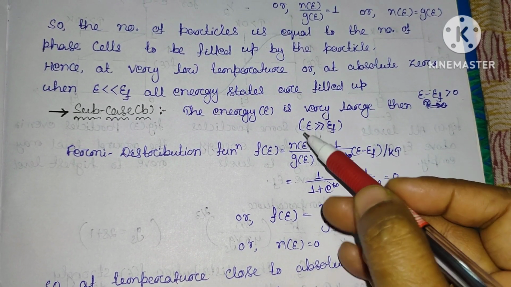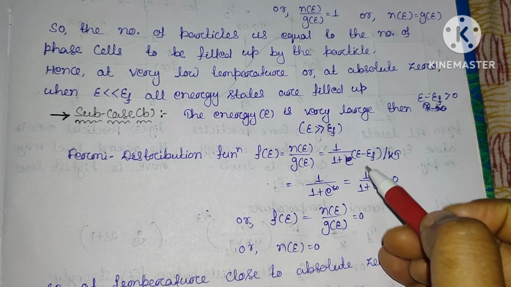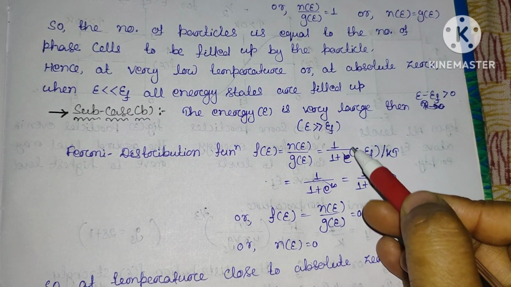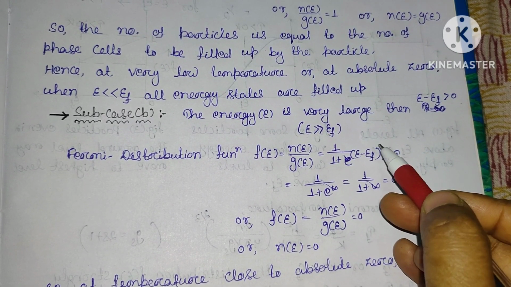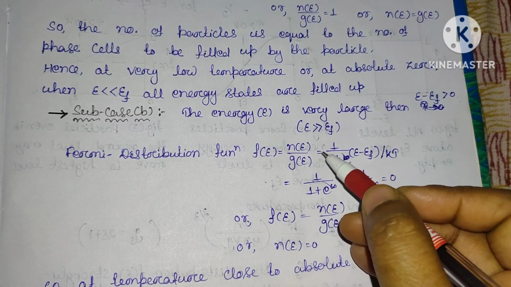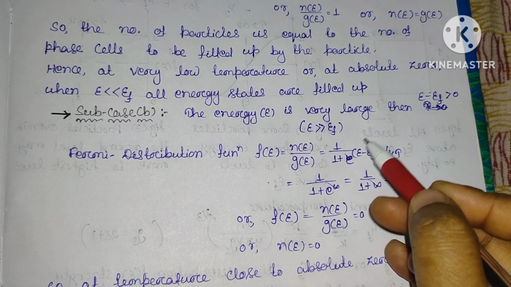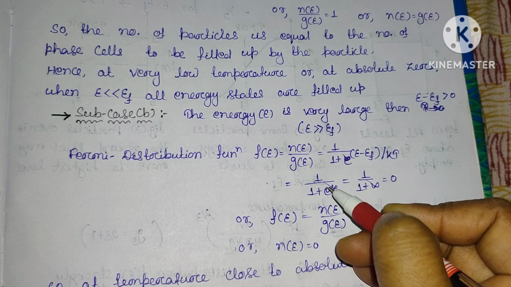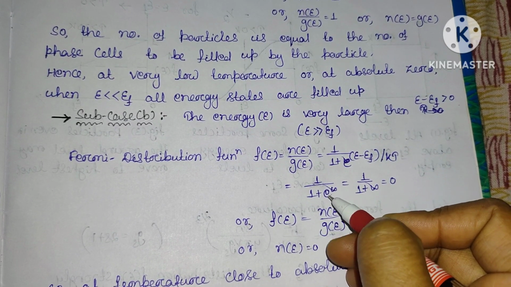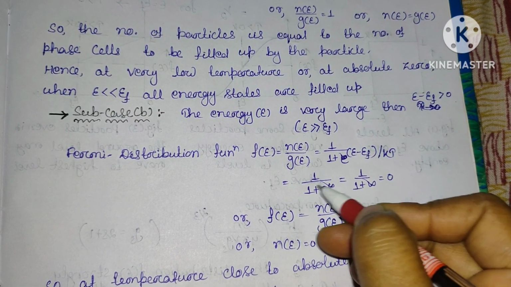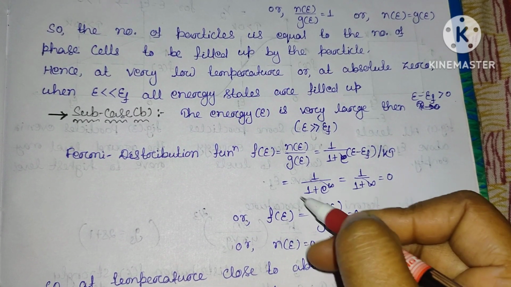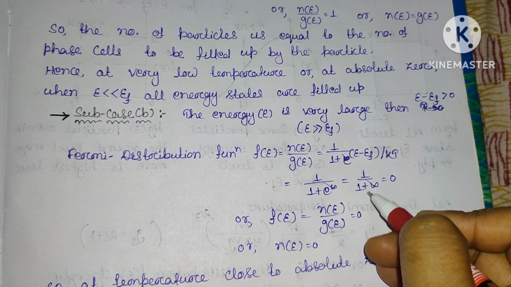Here I am subtracting the smaller term from the larger term. So this term will be positive, and something divided by 0, as T goes to 0, gives rise to positive infinity. So 1 plus exponential infinity means this total term goes to infinity,